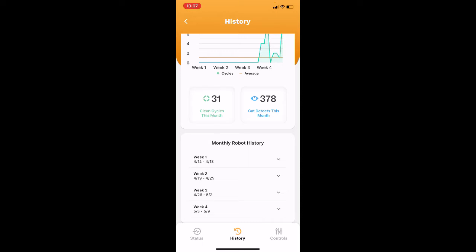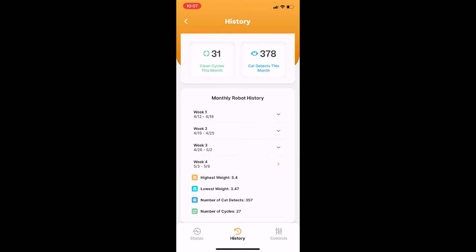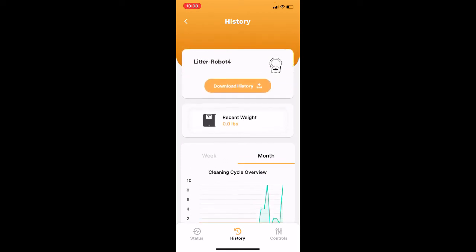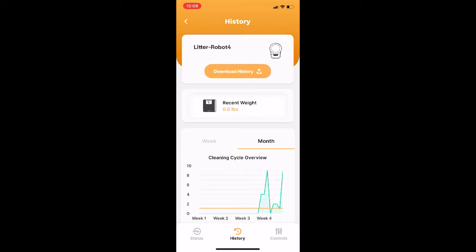For example, the week number 4 here, you can see the highest weight, which is 5.4 pounds, the lowest weight, which is 3.47, the number of cat detects, and the number of cycles. So that's a way to control your cat's weight somehow, because you will know the detection in pounds when they use it. So that's a good thing. It's a new feature. Now we go to control here,